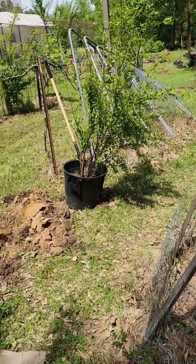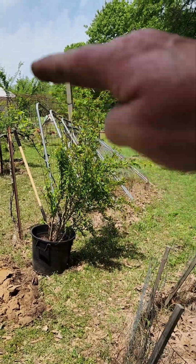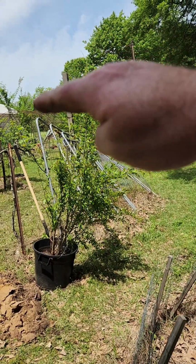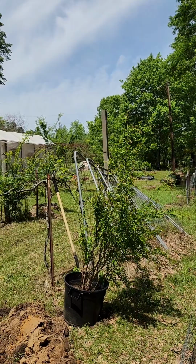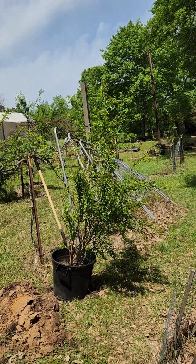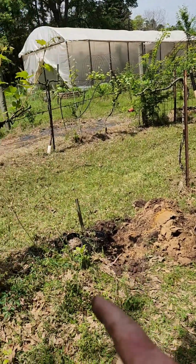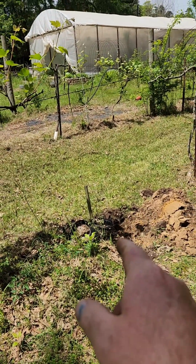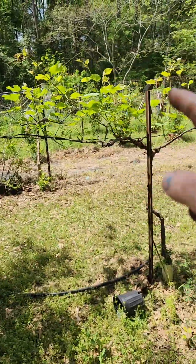Anyways, here's the one that was in the pot, and the majority of her is about 4 feet maybe. She's got a couple branches that put her up close to probably 7 feet, almost 6.5, 7 feet. And I'm going to try to put her here. Now this is a grapevine trellis here,